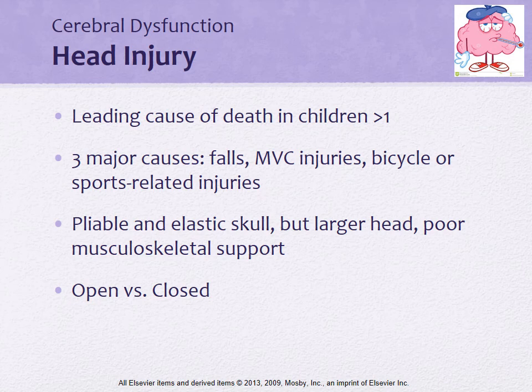So jumping into head injury, overall head injury is the leading cause of death in children greater than 1 year of age. Head injuries usually occur when the intracranial contents are damaged because the force is too great to be absorbed by the skull and/or the musculo-ligamentous support of the head. If the force is okay, the muscles and ligaments surrounding the neck and head can help absorb it. However, if it's too great, that's when the head injury occurs.